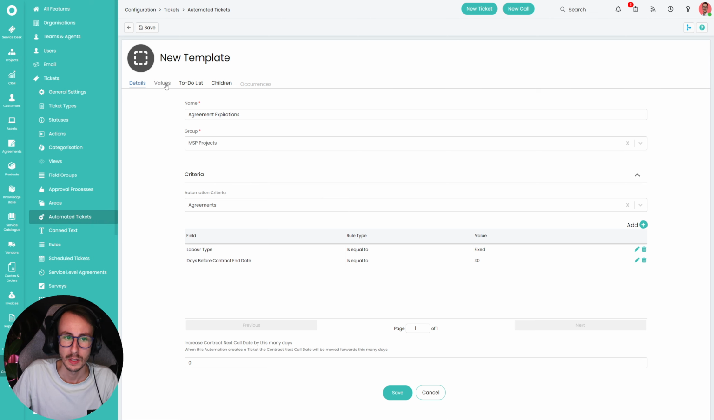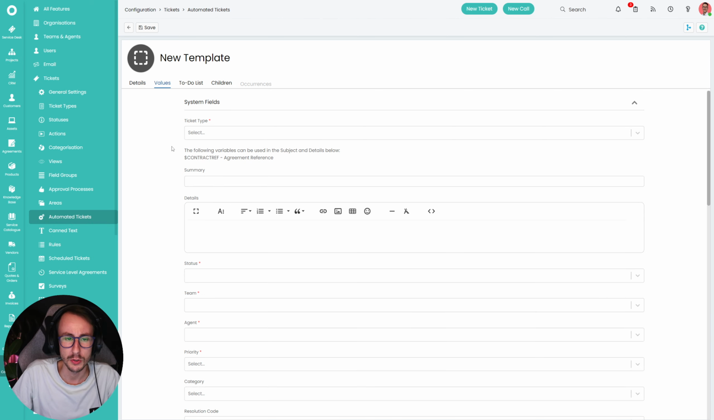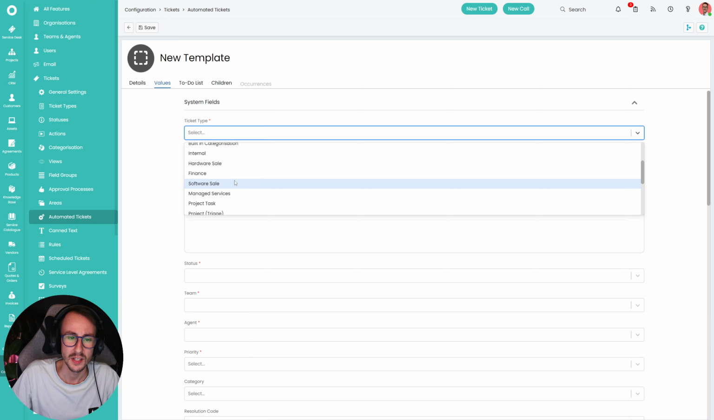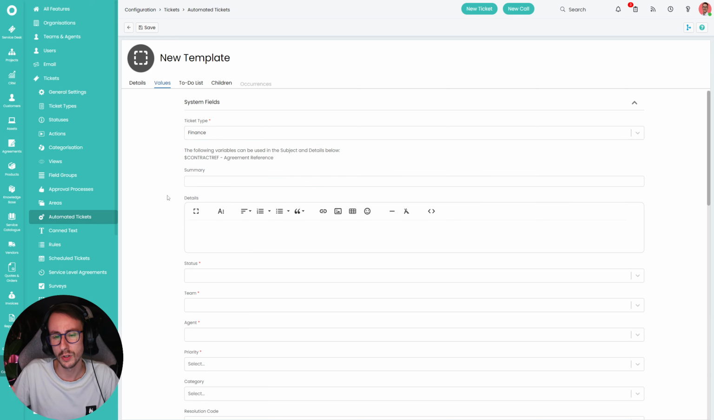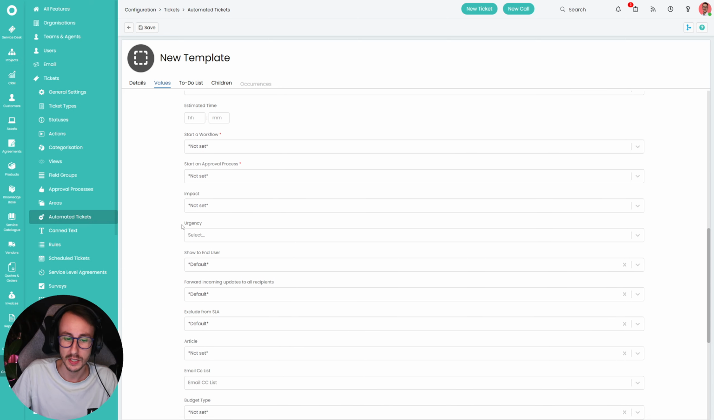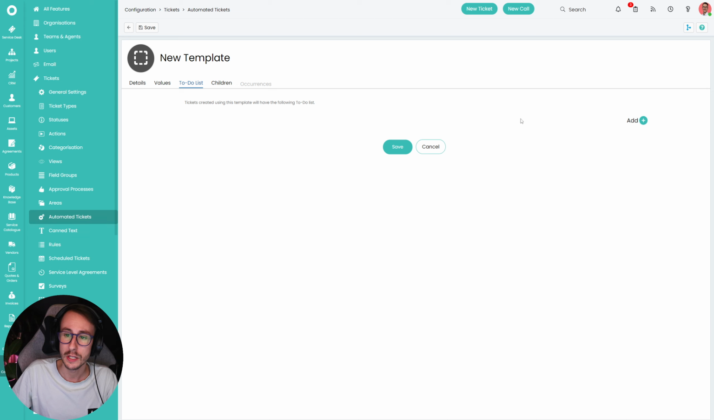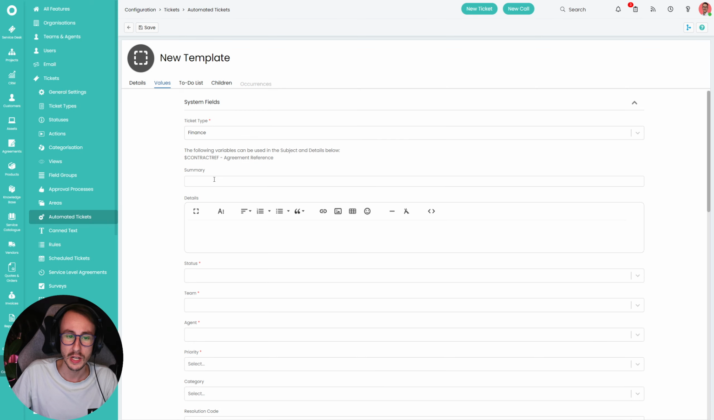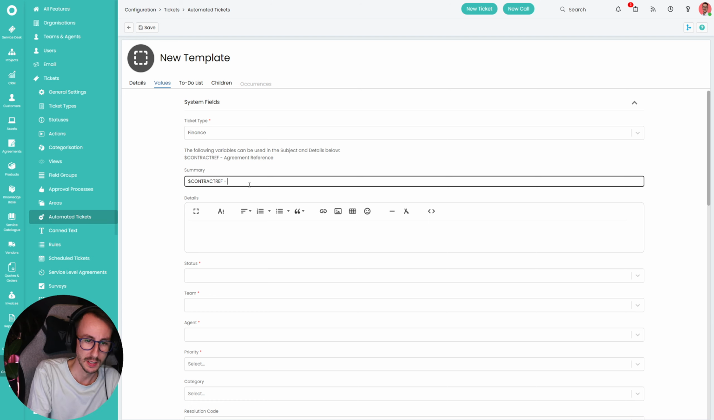This can be leveraged quite well, because we could have a separate ticket type. Let's say we make one called finance, or you could have a sales one, or an account manager ticket type, or whatever you need. We can make these tickets the same way you would any other ticket inside of Halo. Add a to-do list, add children tickets to it. But I'm just going to do finance. I'm going to take contract reference, which will take the agreement's reference through. And I will then say,